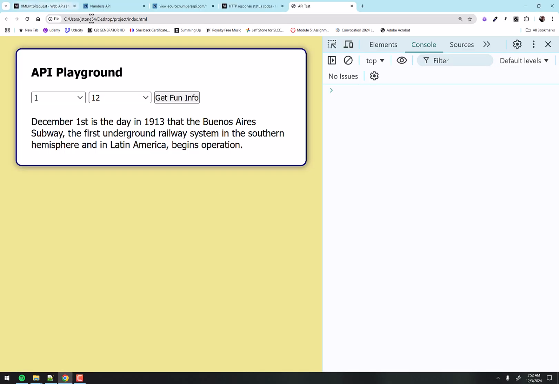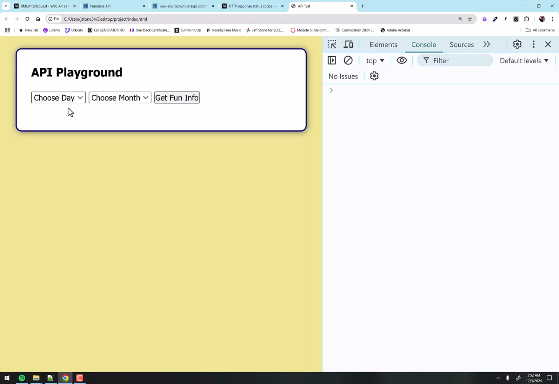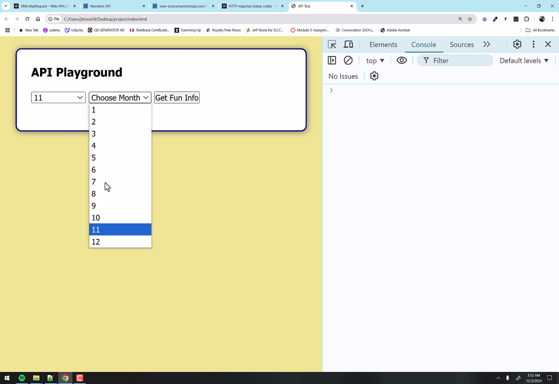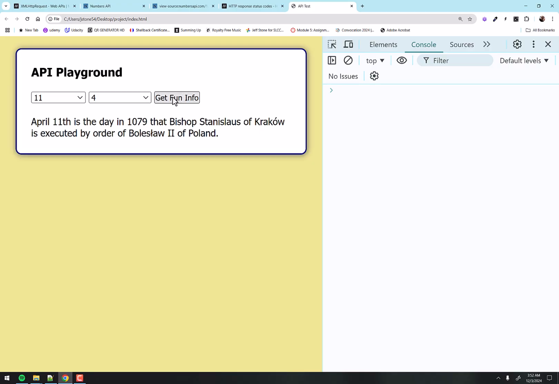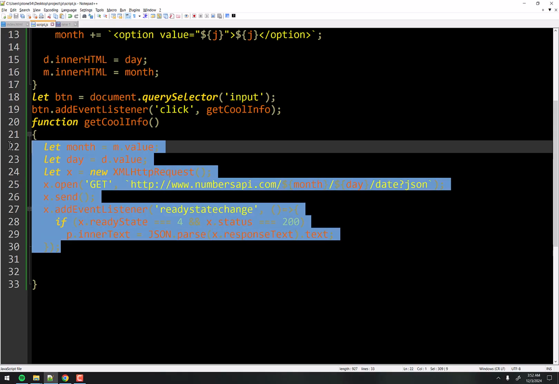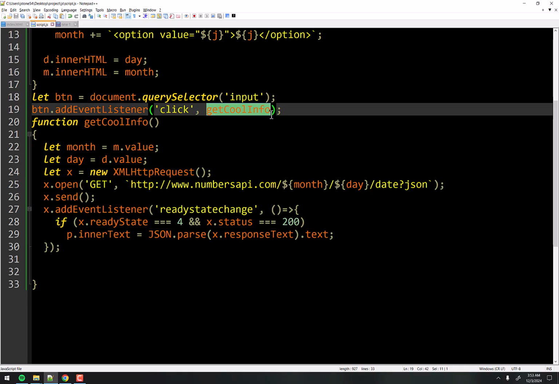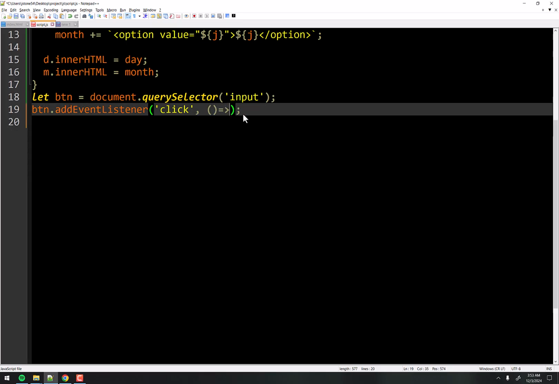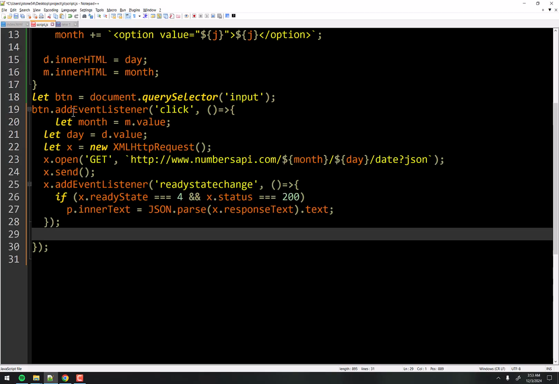I'm just going to refresh it and make sure that's the case. Hard refresh, which by the way is hold the shift key down while you refresh. And we're going to go the 11th day of April. And there you go. So it's still working. But now look at this. This is a smaller function now. And we can turn this into an arrow function, right? So let's copy this, get rid of that function, turn that into an arrow function. And again, do that syntax that we love to hate.